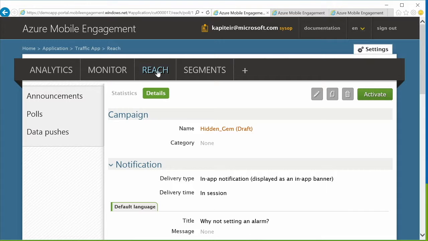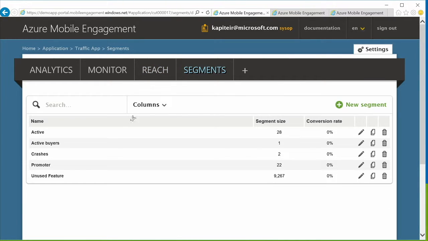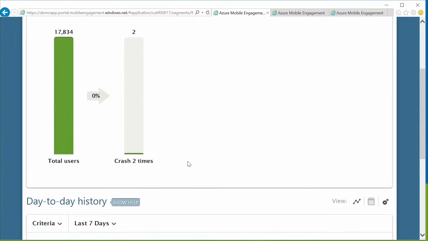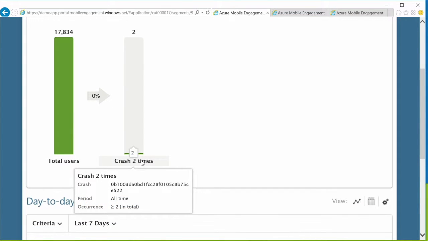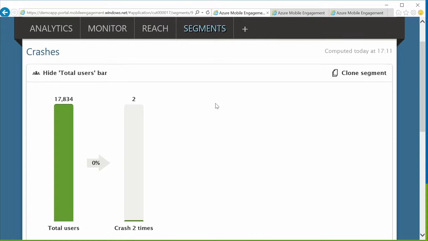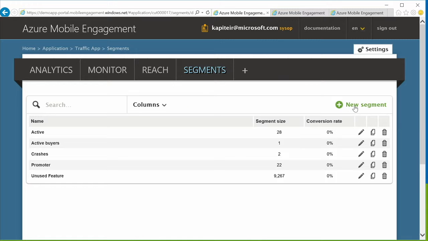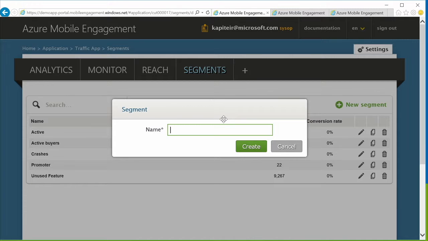And by the way, it's extremely powerful to combine that with a store rating because we've seen that users who feel taken care of are usually happy to give you more stars in the rating. So, last part of that demonstration, how we do that with mobile engagement. Again, classically, we created a segment that will select users who had a specific crash a number of times, for example, and then engage them. So let's have a look at how we actually create these segments.